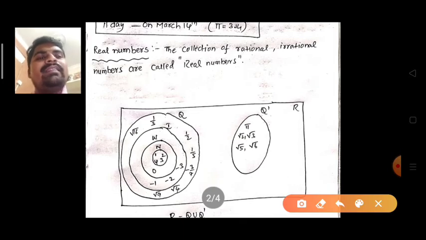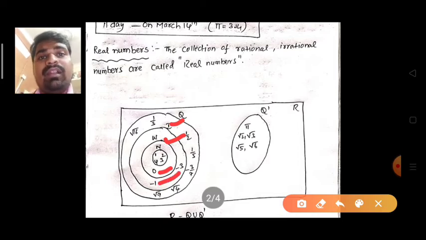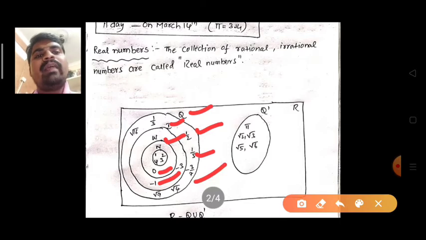Second circle is the whole numbers, just 0 extra is there, you know very well. And next to integers, nothing but 0 and positive cover. So next to negative numbers, this circle contains all positive, negative, 0. And next you observe Q, nothing but rational numbers. Rational numbers contain, you know very well, p by q form. At the same time perfect squares. Perfect squares are rational numbers only.